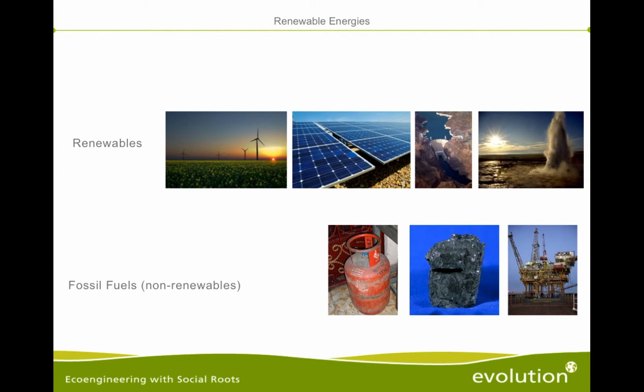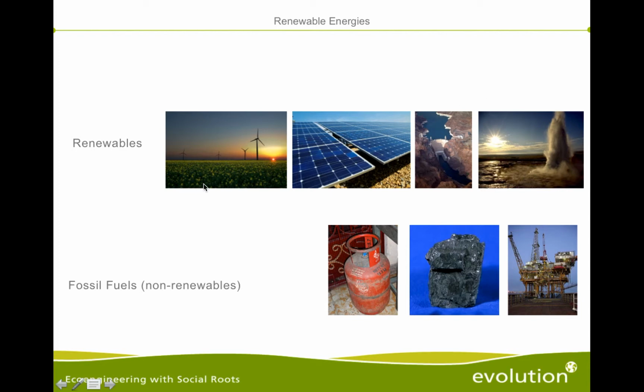To start with a brief summary: renewable energies and fossil fuels. If we begin with fossil fuels, this basically boils down to gas, coal and oil. In fossil fuels we have something that's been concentrated over many millions of years that we can extract and make use of that concentrated energy. But there are two disadvantages. One, it's a finite resource. At some point it will run out. And two, in releasing the energy, we're also releasing greenhouse gases into the atmosphere, which is having a detrimental effect